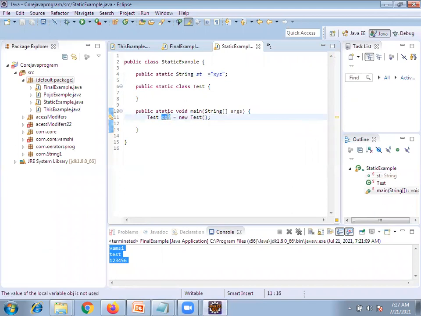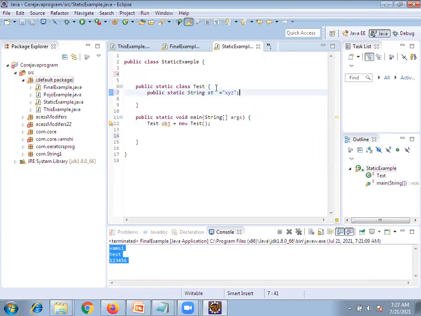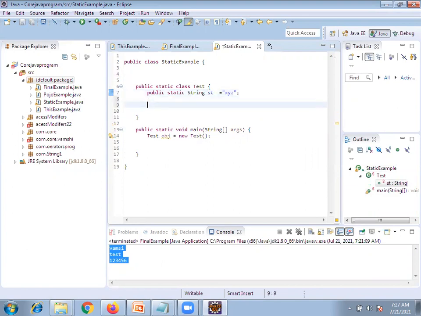We are creating an object. Now come here. For what we have created in the test class, you can define this over here. Let's see what will happen. Now you have defined one method you are going to write, display.